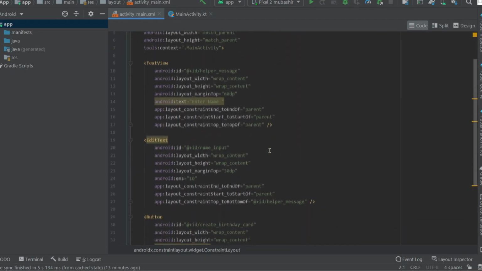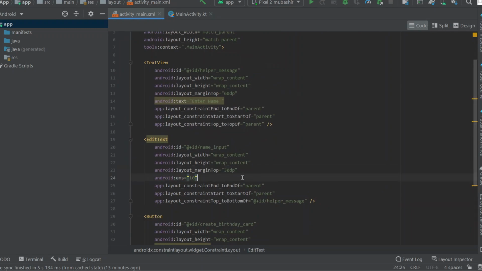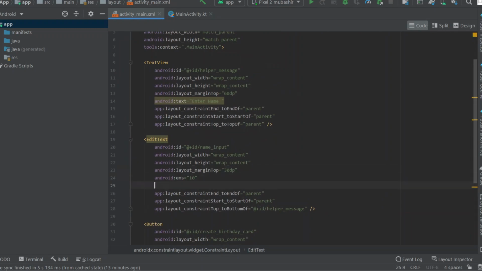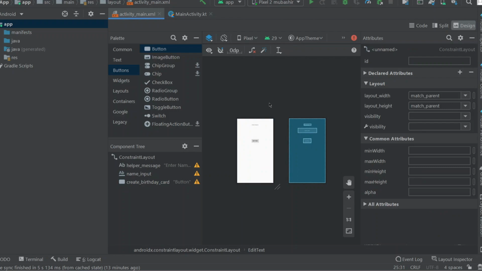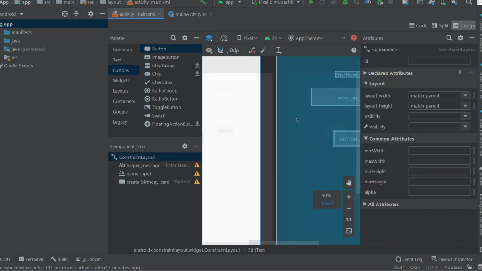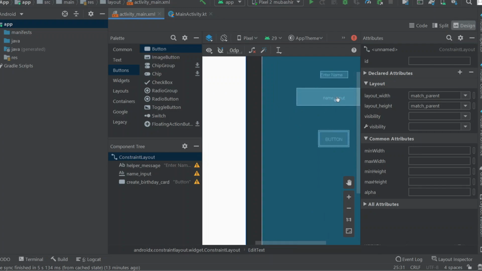Here I need to do one more thing. In this edit text, I am going to give a hint. Just start typing hint, and here I am going to give Mubashir. In the design you can see this name input, right?